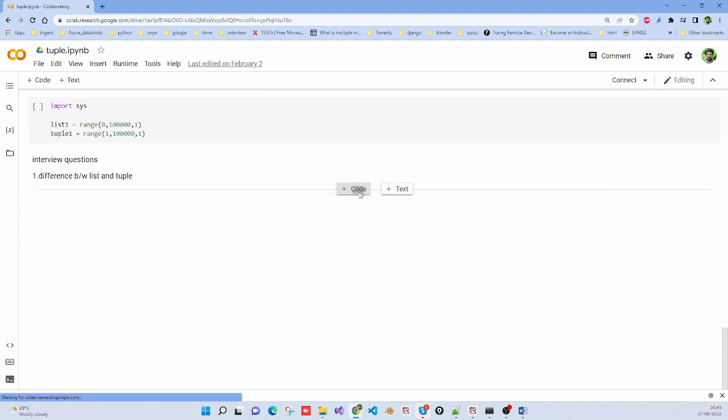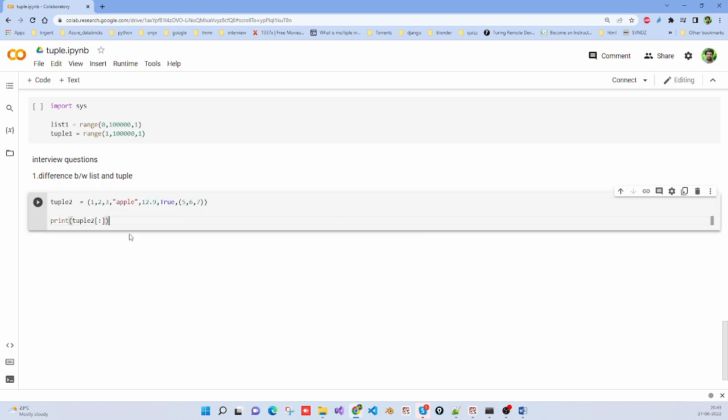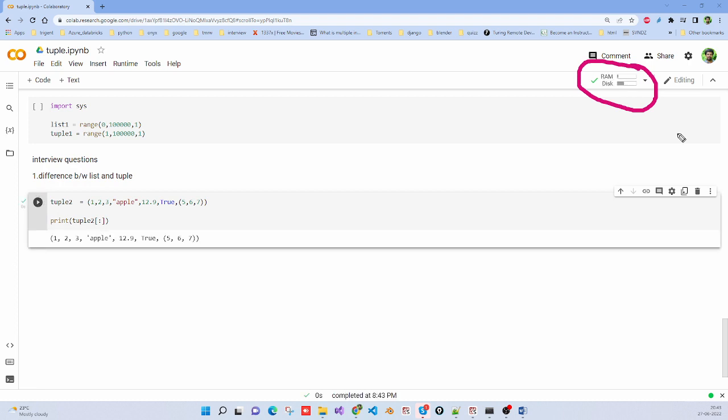Here, I am taking my tuple. Initially it will take some time to allocate the CPUs. Once the allocation is done, it creates the allocation like RAM,